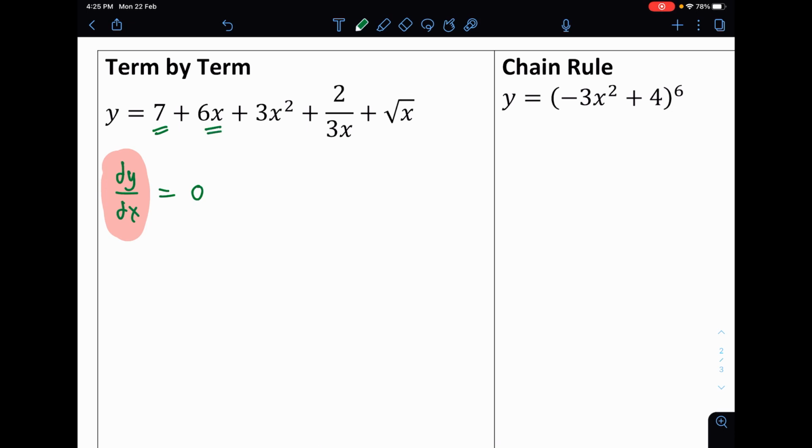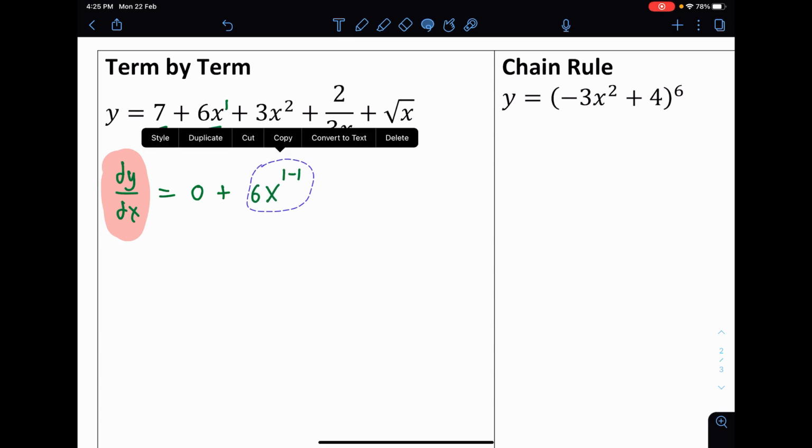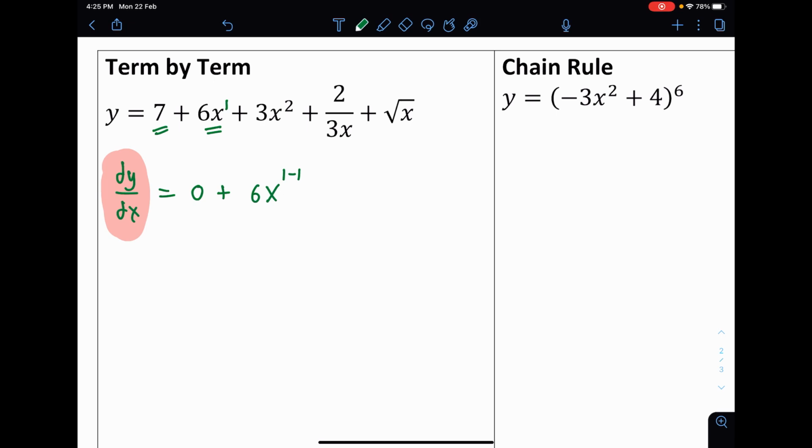Next, 6x. When you differentiate a number with x, the x will disappear. There is a reason for it actually. When you do a differentiation, you repeat the x, but you reduce the power of the x by 1. As you can see here, this is 6x power of 1. You take 1 minus 1 and you get 0. On top of that, you have to bring the previous power down. The power was 1, so you bring this down and multiply by 1. 1 multiplied by 6 multiplied by x power of 1 minus 1. Obviously this will give you 6.